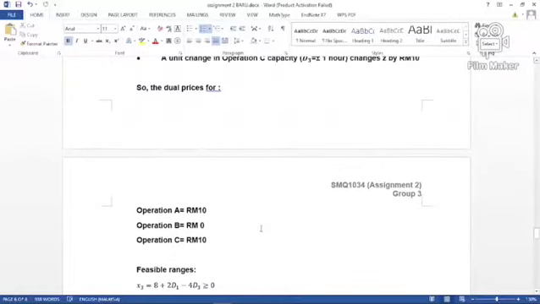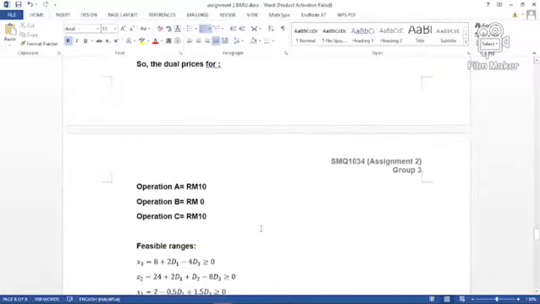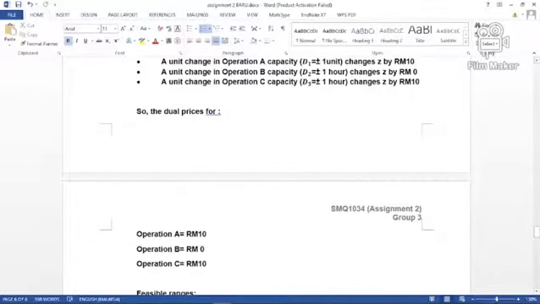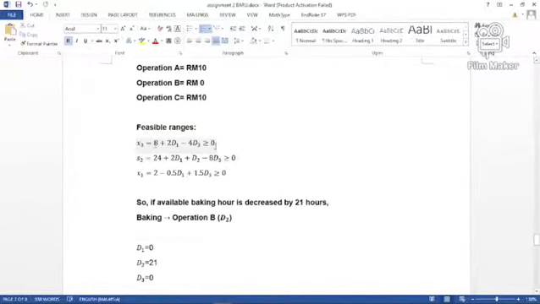So that means for any change to the right hand side of operation A and C, the objective function Z changes by 10 ringgit, while B will change it by 0 ringgit. That means there would not be any change if operation B has any change in the right hand side. So now we have the feasible ranges,